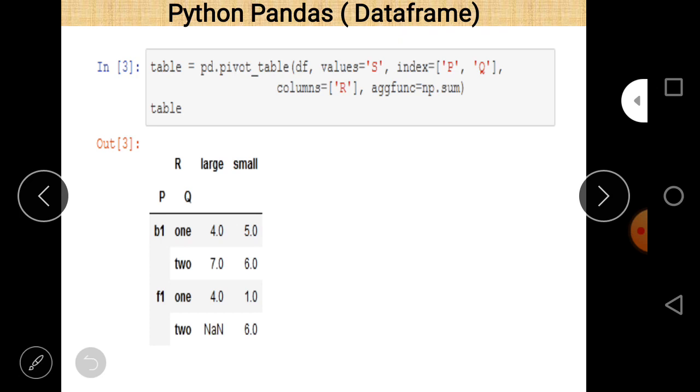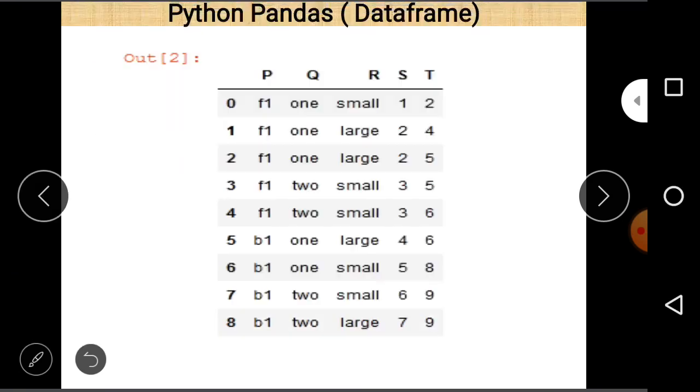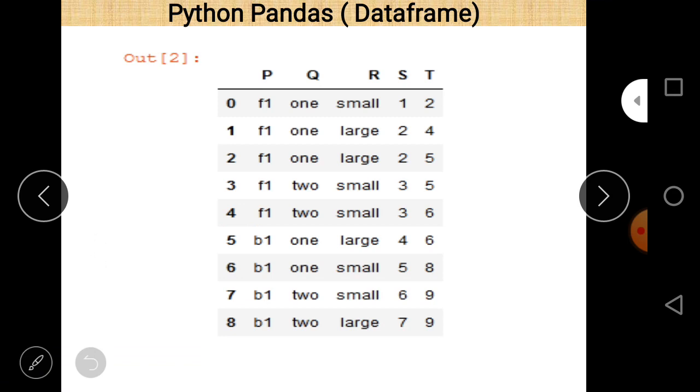Now the aggregate function np.sum is applied to values S here. For large we can see that the value is 4.0, and why is it 4.0? Let us see the example again.